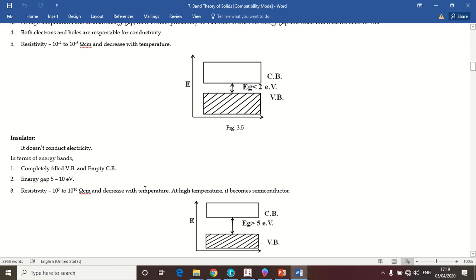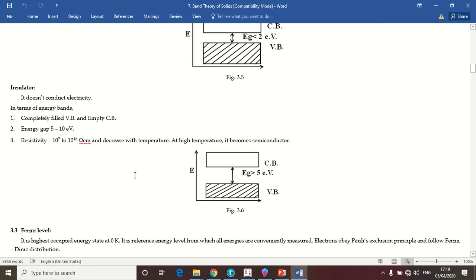with temperature. Though it decreases with temperature, at very high temperature it can become a semiconductor and not a conductor. So these are the three types based on the